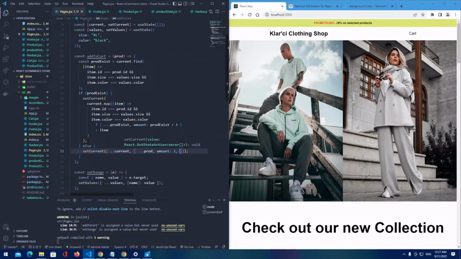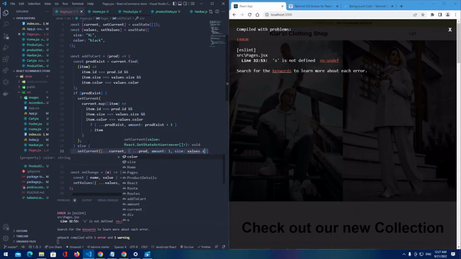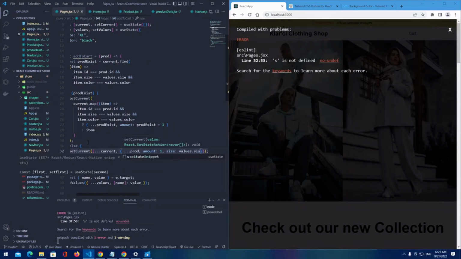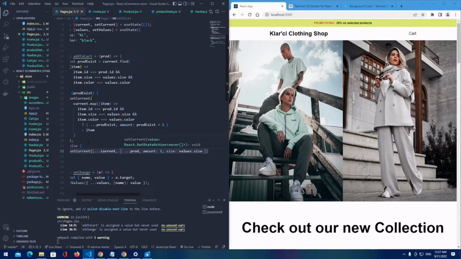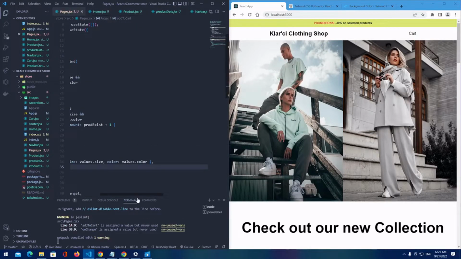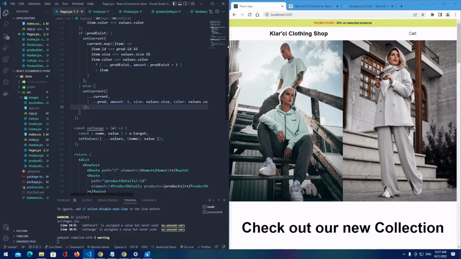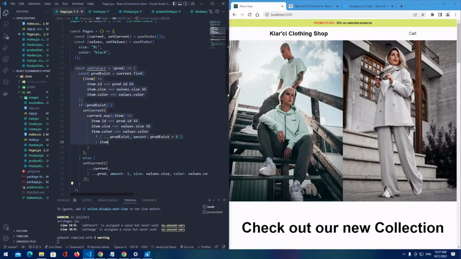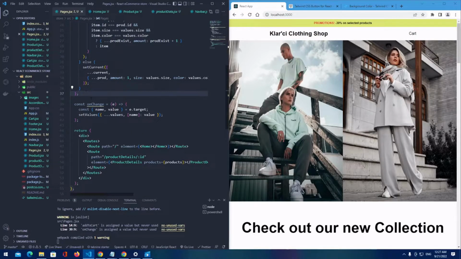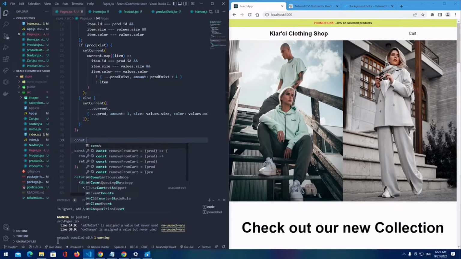Then the size property is gonna be values.size, and the color property is gonna be values.color. And this is our logic for add to cart, and let's make our logic for